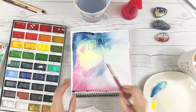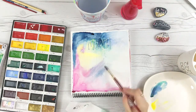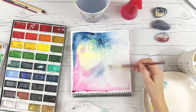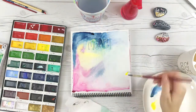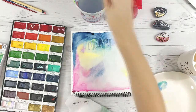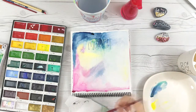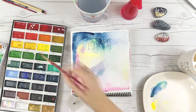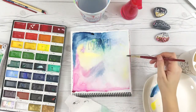I have a hard MDF coated board that you use this method of laying all the paper down and then taping all the edges down, and then as the paper dries, it sucks in and becomes really taut, and it just primes your paper so that when you do watercolor paintings, your paper doesn't buckle. This is really traditional watercolor practice,